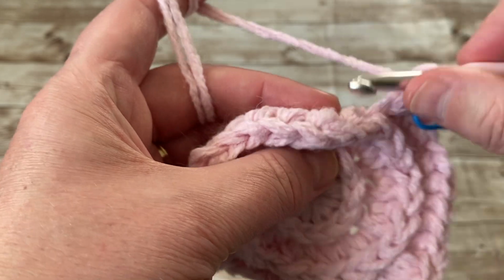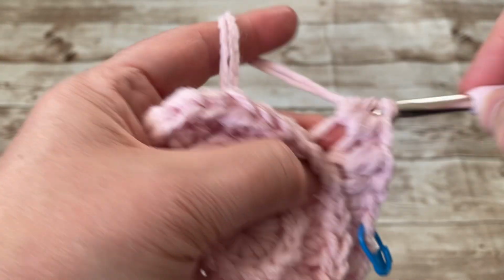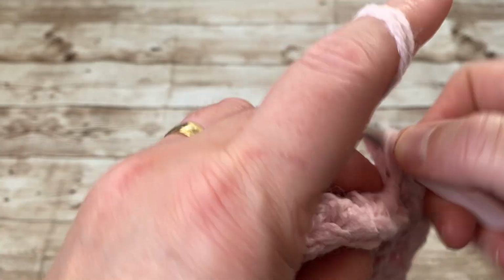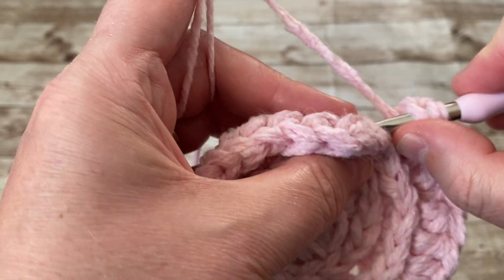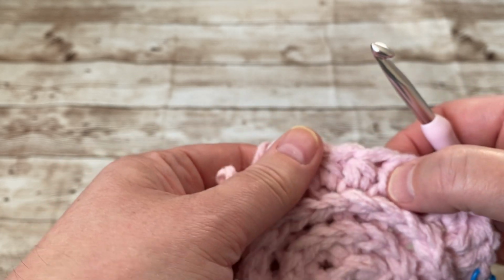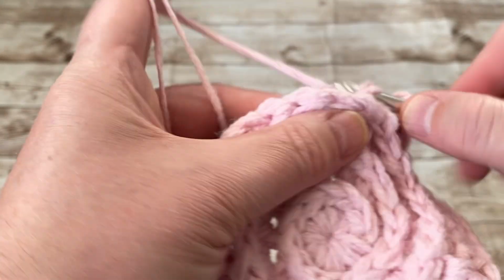Okay, so we started with a 2, and then we're going to do 1, 1, and then 2, the next one. So again, 1, 1, and then 2. Okay. 1, 1, and then 2. Okay. Okay, let me just go back. 2, 1, 1, 2. 1, 1. Okay, I did not do 2. 1,